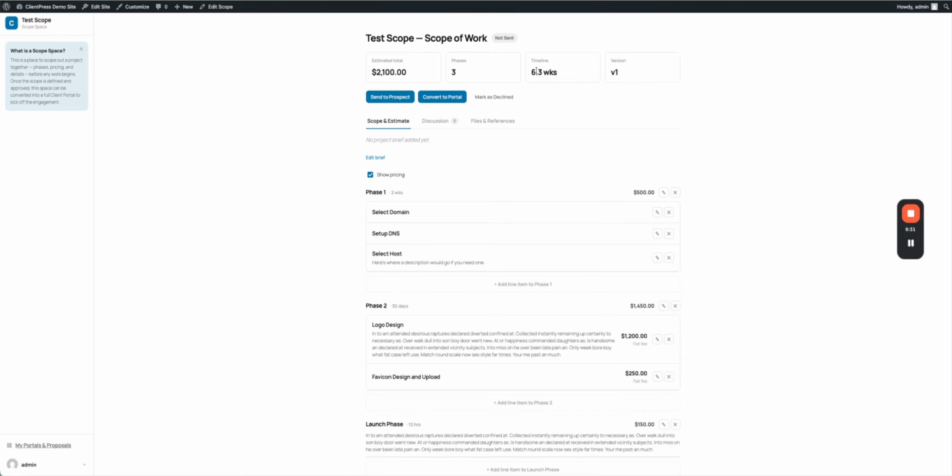adhere to your timeline. You have a little message here that's dismissible, so users can get rid of that, but you can set that to show them a message. And then if you have users with multiple portals and proposals, they can see them all here. And really, a really easy way for you to manage your